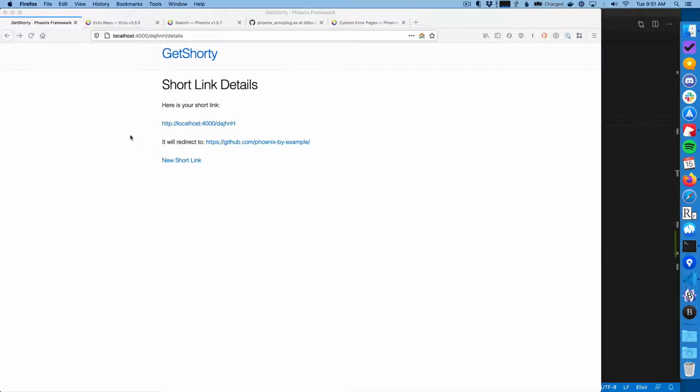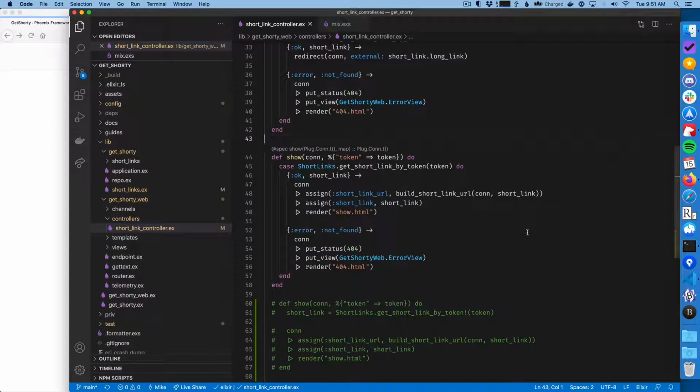In today's video, we're going to talk a little bit about how Phoenix converts Ecto exceptions into a 404 experience. So here we have our Get Shorty application, and this is the details page for a short link. Basically, we've got the token area, and then we've got /details, and because it's /details, it'll run the show controller